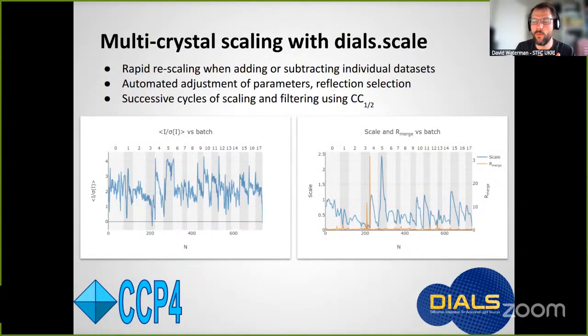So having determined the best overall unit cell, the final part of processing is the scaling. And dials.scale is quite nice for jointly scaling multiple data sets. So Lukasz mentioned the trend towards including very large numbers of data sets in data processing. DIALS is quite good at that kind of approach to